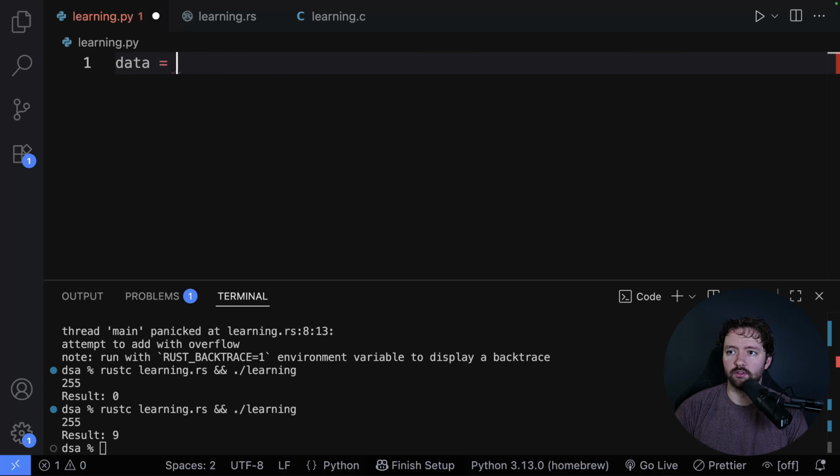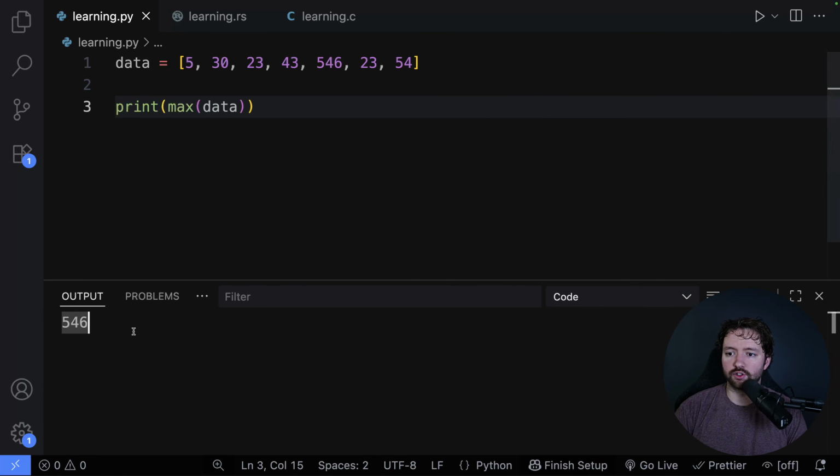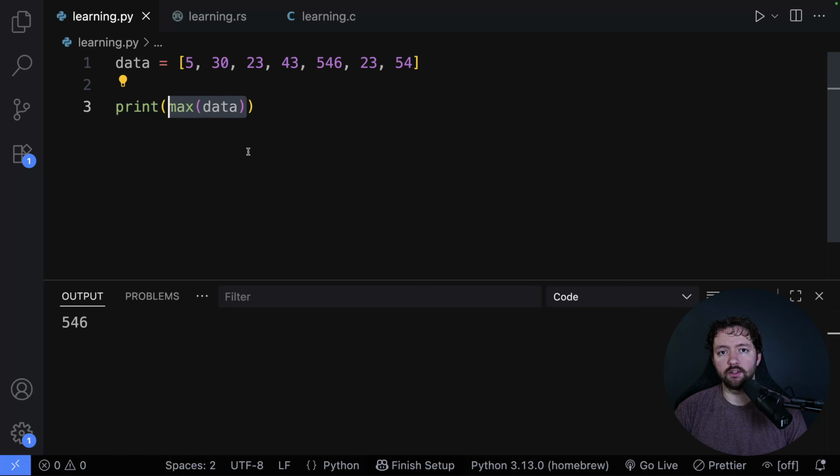We'll talk about lists in more detail later, but let's just say we have some data here. Getting the max value in Python is super easy. You can just say max, pass in data. Running this, you should get 546. That's great. However, there is value in understanding how to get that max value manually,